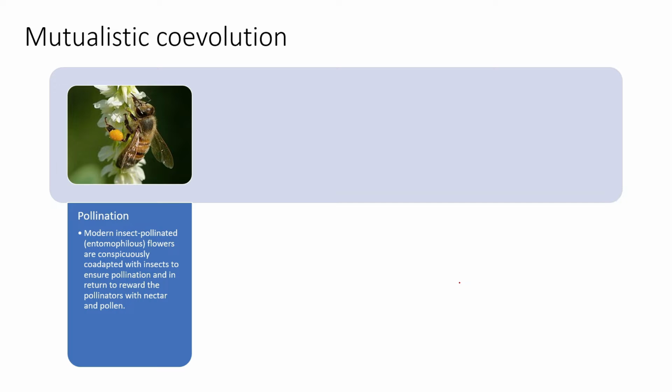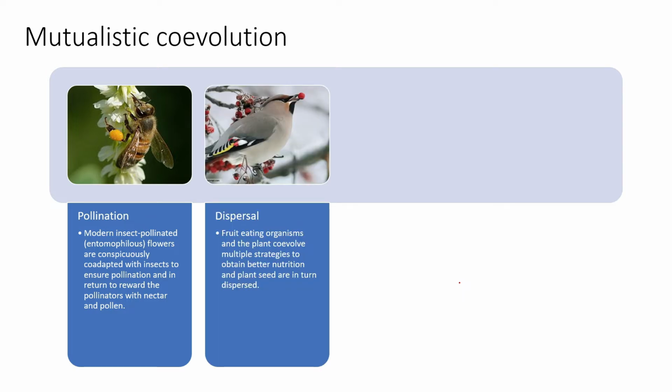Okay, so there are insect pollinated flowers, entomophilous flowers, or bird pollinated flowers, like ornithophilous flowers. The interaction between a flower and the bird or the insect is important because they are interdependent. One is dependent on nectar or the resource, whereas the other is dependent on pollination. The same goes for dispersal, where one participant is getting resources or nutrition and the other is getting dispersal. So this plant animal interaction is a very important aspect, and many